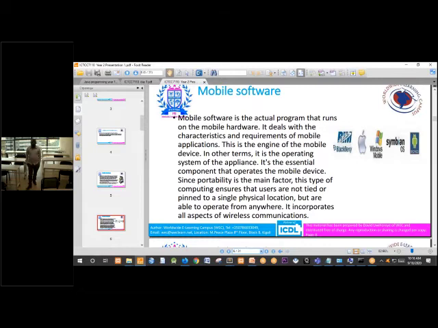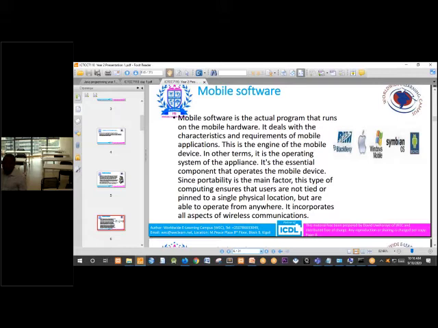Since portability is the main factor, this type of computing ensures that users are not tied or pinned to a single physical location. With mobile computing, you can work while you are moving. It is not necessary that you are seated at the same physical place. You can work here and then go on with your mobile devices and continue your work at home.